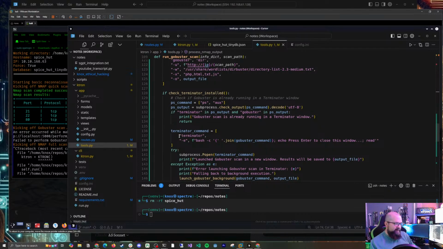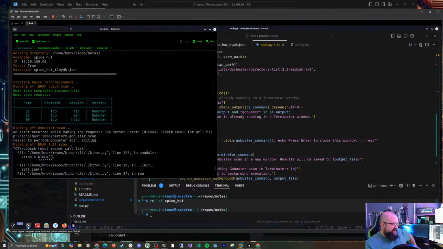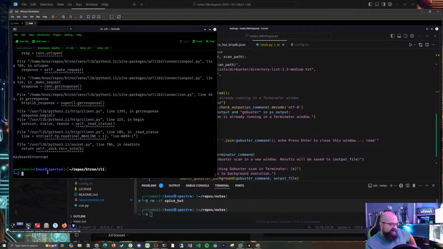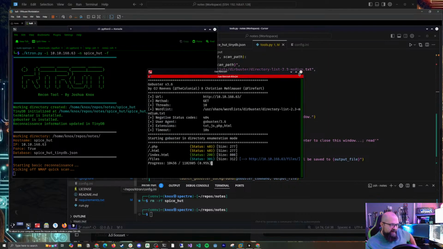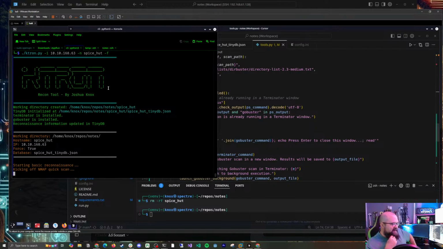What we really need to know is when that thing is done, though. We got to know when that Nmap scan finishes. So I wonder, is there a way to name a Terminator window and then be able to find it? Let's do this. This is weird, just stick with me for a second. Let's see if we can do it by process. So what I mean is, we're going to start this. Oh crap, I've already got it running. I didn't even need to do that. Let's kill this. It runs its basic Nmap scan,